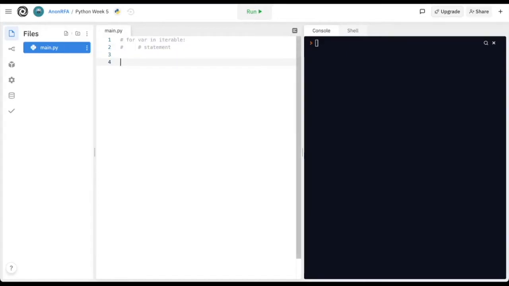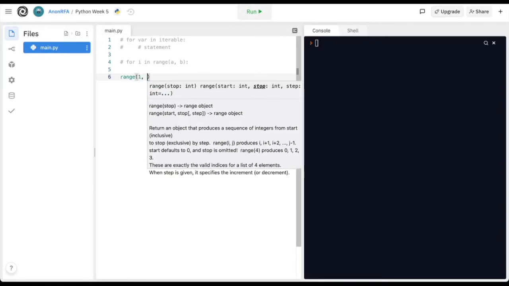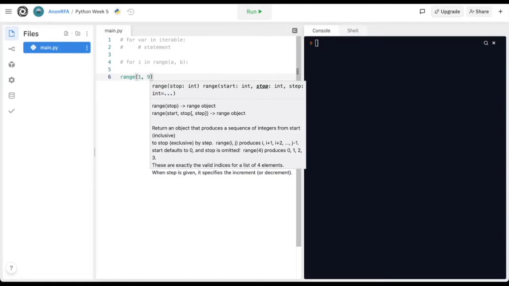The syntax for a for loop using the range function is for i in range, and then in parentheses a comma b, and then a colon, where a is the starting number and b is one more than the desired ending number. You can use the range function to loop through the code a specific number of times. The range function represents a list starting at one number and ending at one less than the ending number. If the range function has 1 as a and 9 as b, then the list will take on the numbers